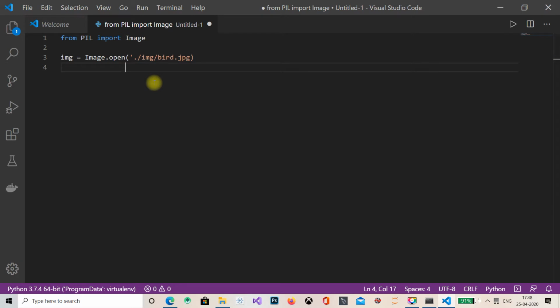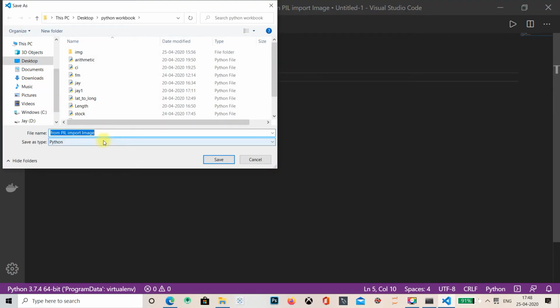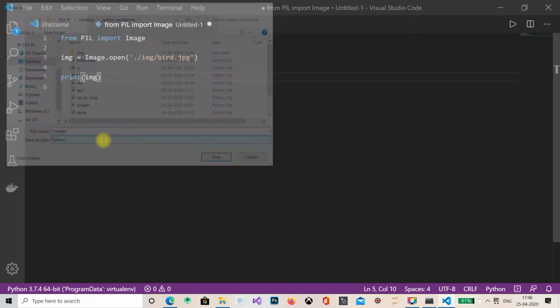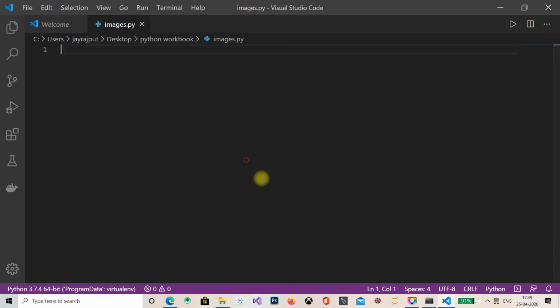Now what you can do with this, what's happening here? I don't know why it's indenting here. Okay, it's due to this thing, I guess. Yeah, it's good. First of all, let's print the image. I'm saving it, giving it the name images. Now, where did my code go? Oh no. No issues.